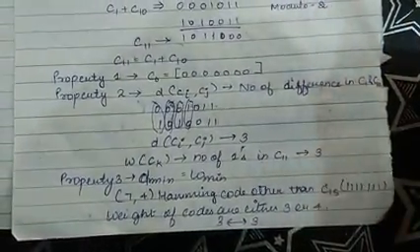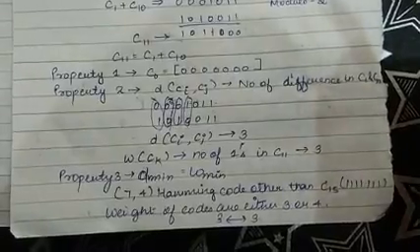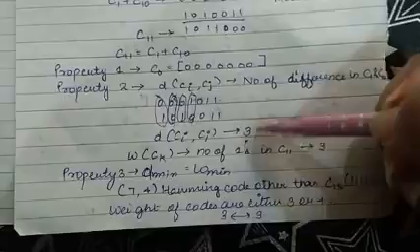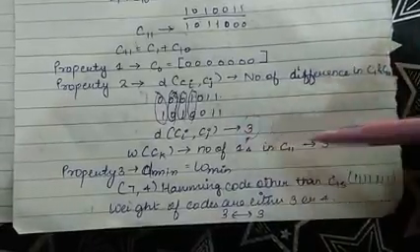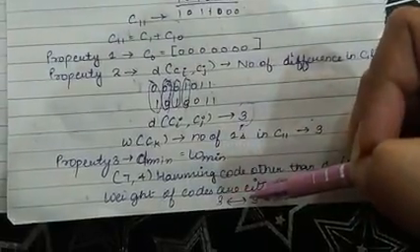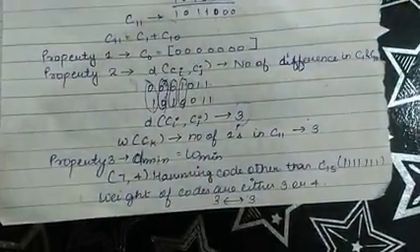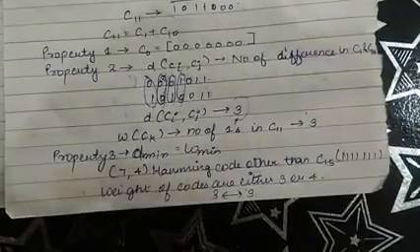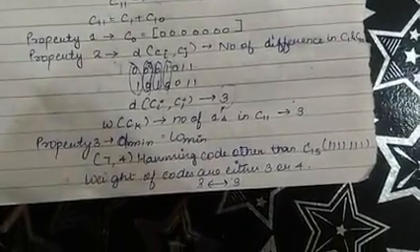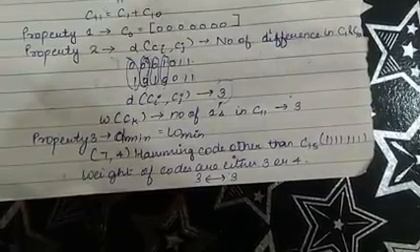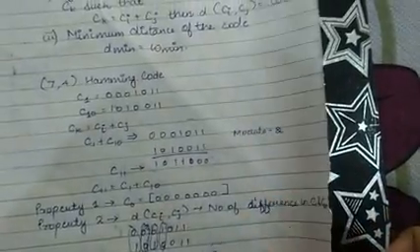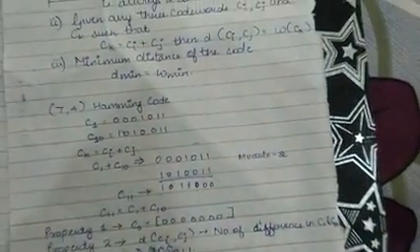The third property is the minimum distance of the code, that is d minimum is equal to w minimum. So the minimum difference is 3 and the weight of this is 3. So 3 is equal to 3. Okay, so this third property is also proved. So we can say that this Hamming code (7,4) is a linear block code. Okay, now see, we have one more example.